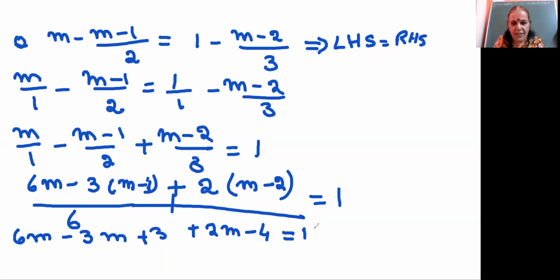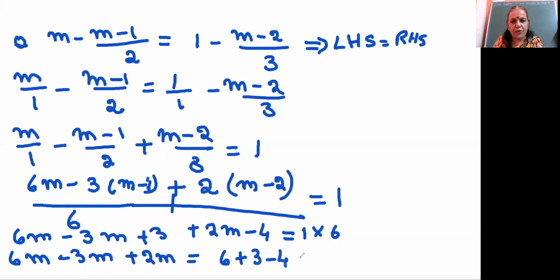1 into 6 is 6 here. You have to cross multiply. Now here 6m minus 3m plus 2m is there in the left hand side, and then here 6 into 1 is 6, plus 3 and minus 4. Now here 6 minus 3 is 3, 3 plus 2 is 5, 5m is equal to